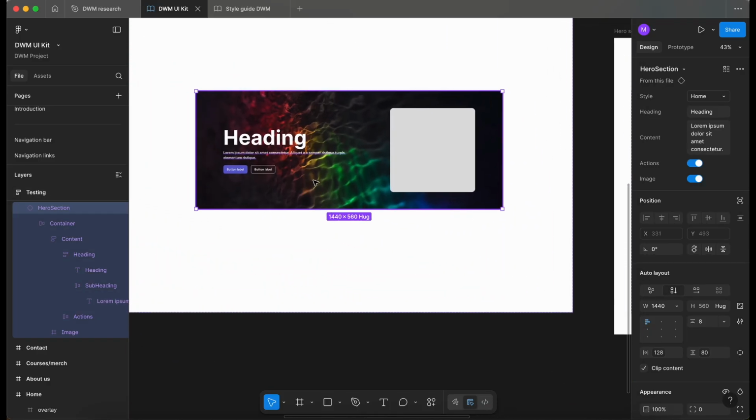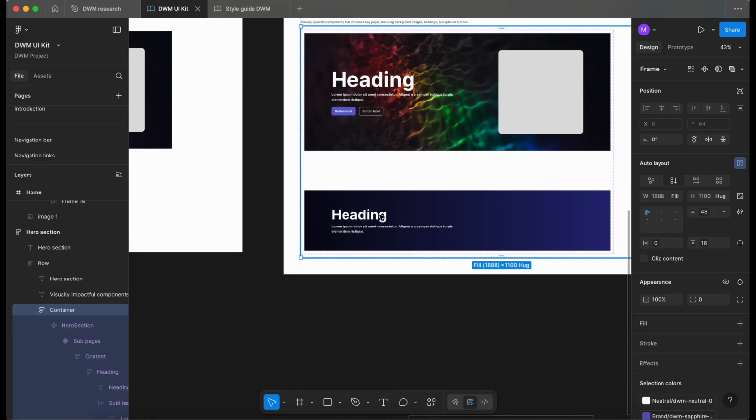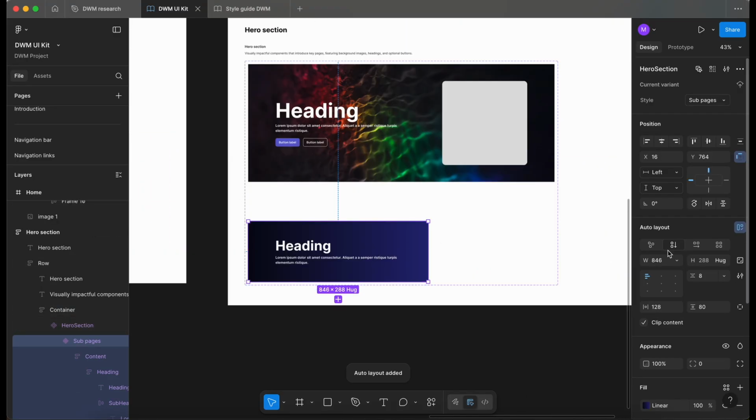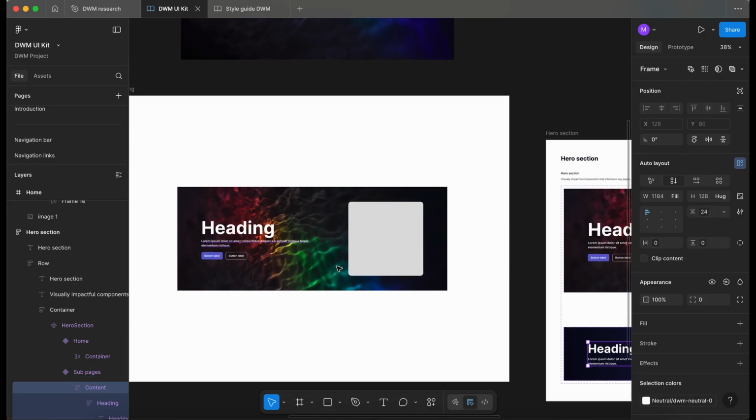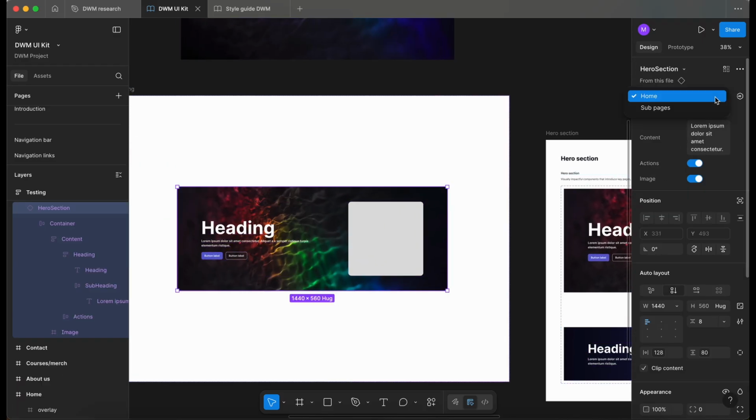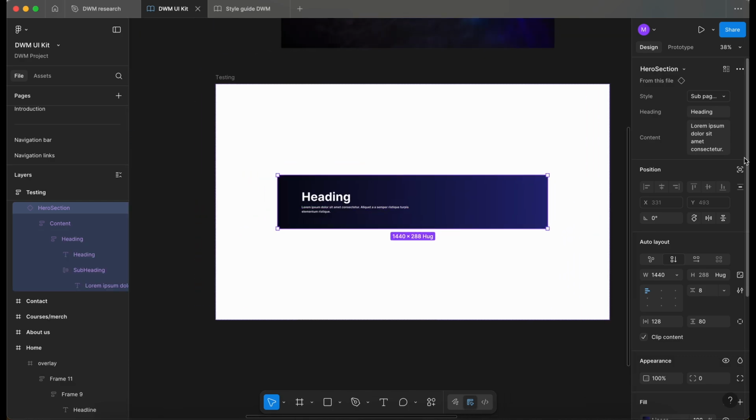That resets that one. Let's also make sure we have the same on here. Set that as an auto layout. Let's set that to fill the container. Let's swap the example here. So let's go from here to sub pages. And if I just delete out all this text,